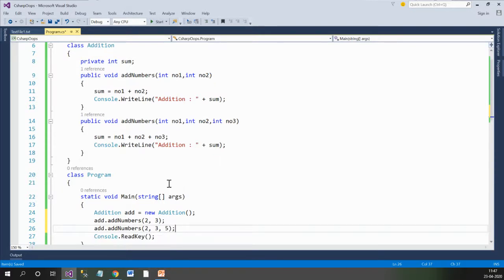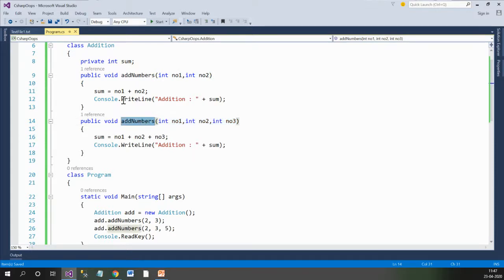here? We have created two methods with the same name, add numbers, add numbers. The difference is two parameters are there in the first function and three parameters inside the second function.